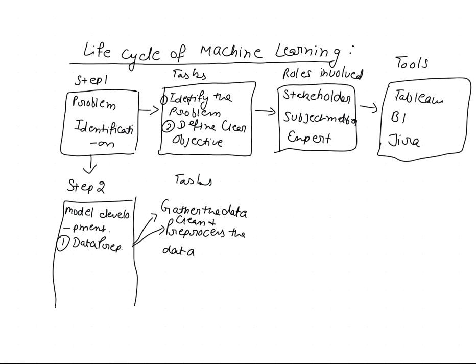You will check if there is any missing value, right? You are going to check the outliers, and then you also need to normalize the data. So all these steps can be done. The roles involved in this: